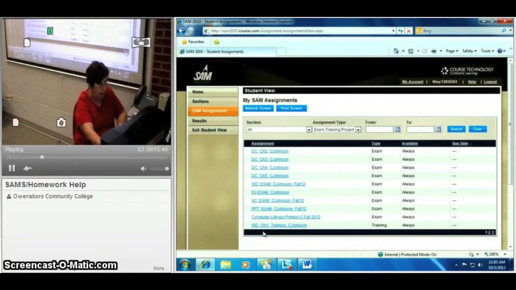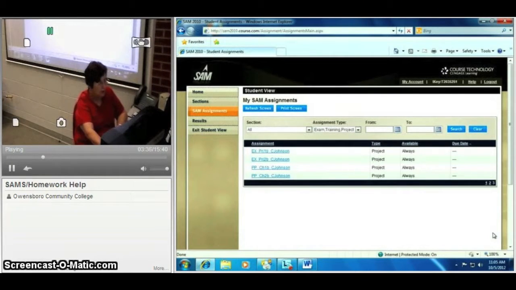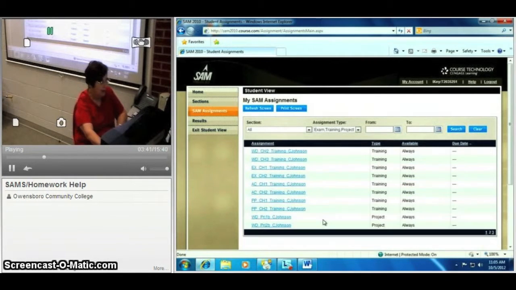You may need to go to the second page or the third page to find your assignment. So I just looked, and what we're going to look at today is on page 2. That's the Word Assignment Project 1. That is what you do after you have completed the first chapter. So let's click on there,